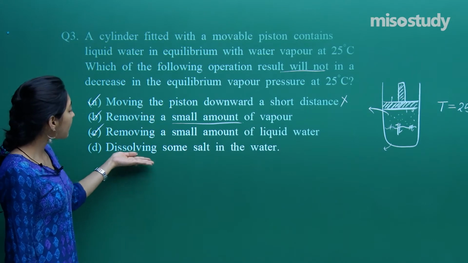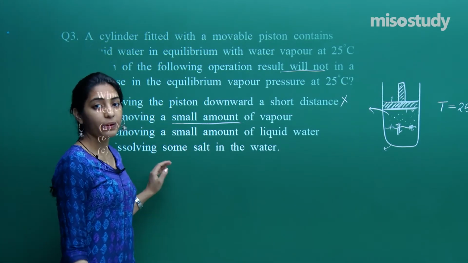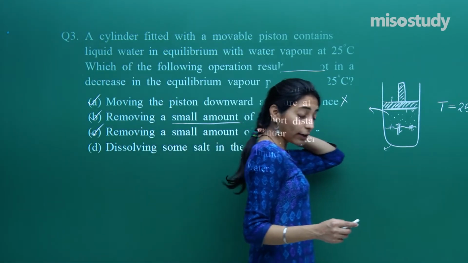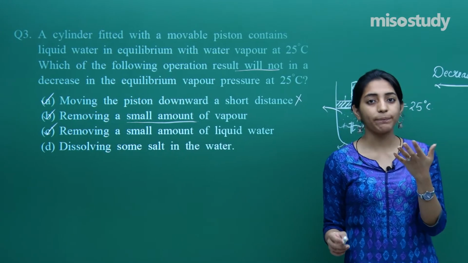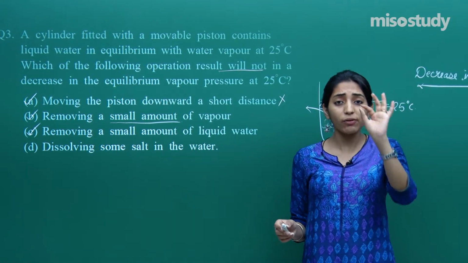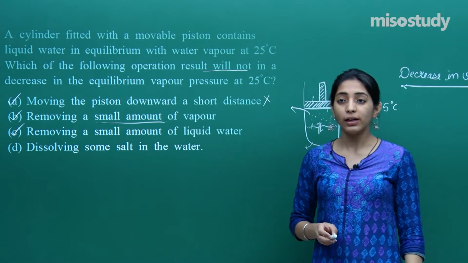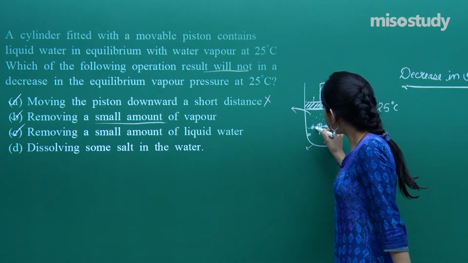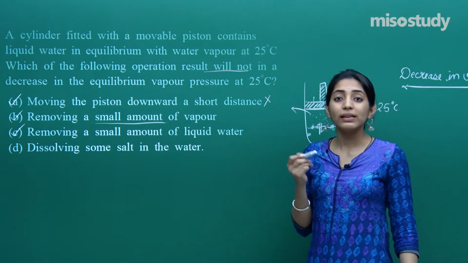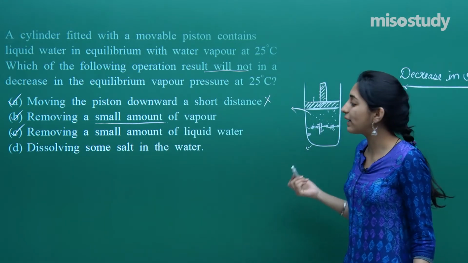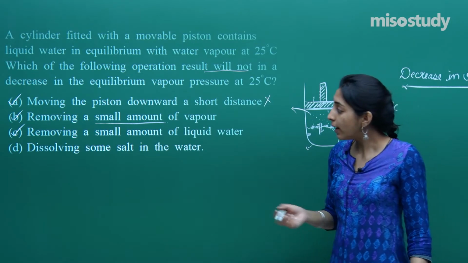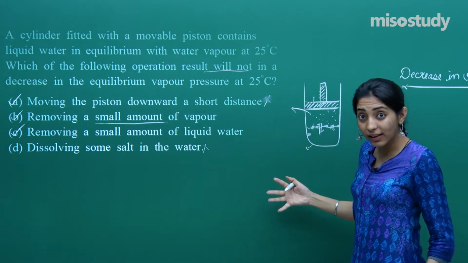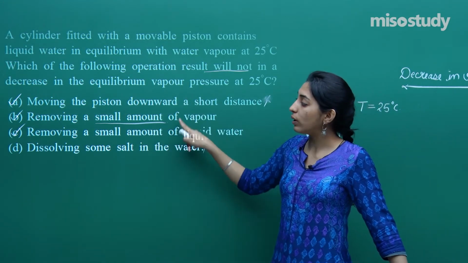However, he is saying dissolving some salt in water. When you dissolve some salt in water, then I am very much sure. You know, right, colligative properties are effective even if you add a very small amount of solute. So when some non-volatile solute is added, it will be covering the surface also. So it will lead to a depression, it will lead to a decrease in the vapor pressure. So only this will lead to a decrease in the vapor pressure. So the correct answer according to this particular question will be A, B, C.